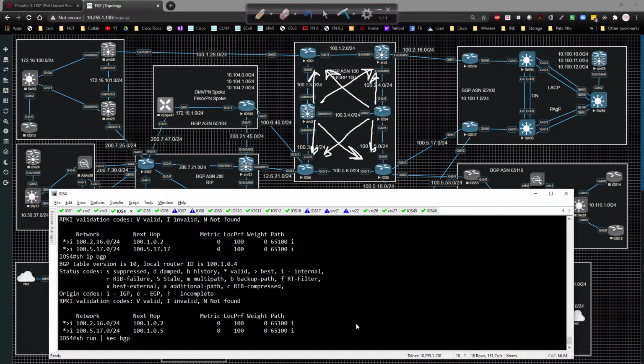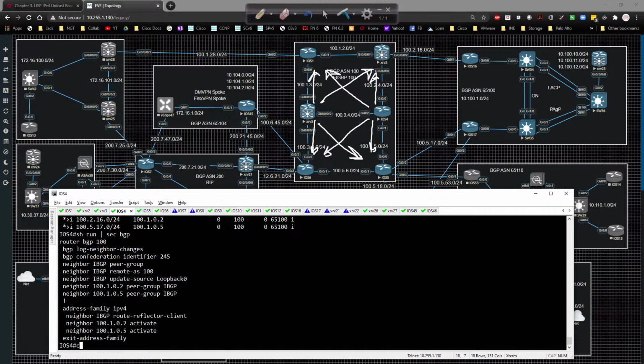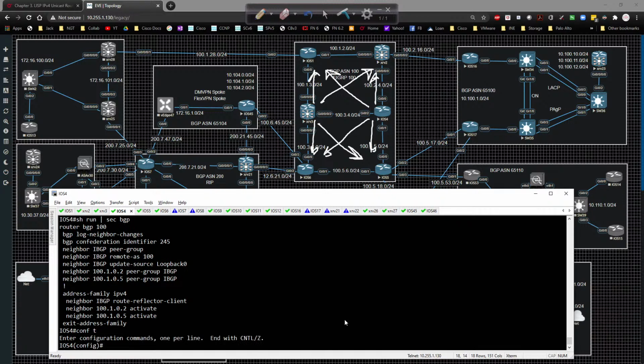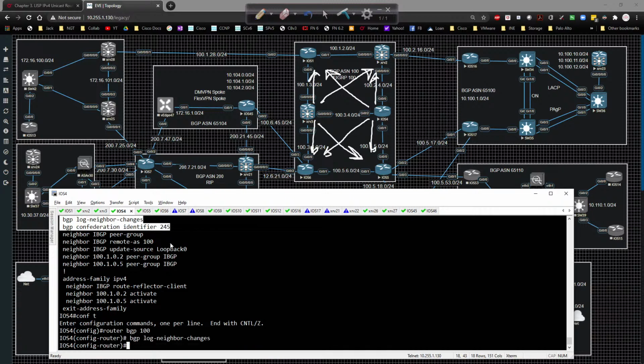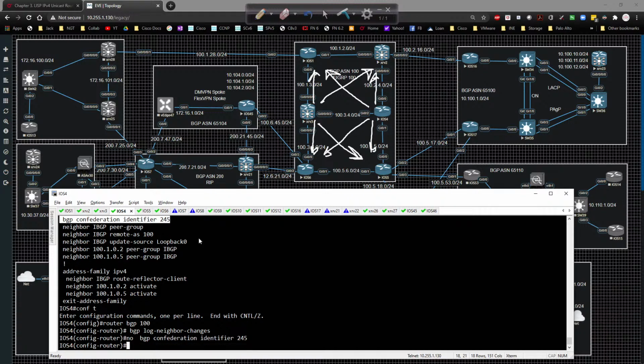Confederations are not very common to my knowledge. I have never seen one in production, so it's not exactly applicable here for the routing and switching track or for enterprise. It's more of a service provider thing. So